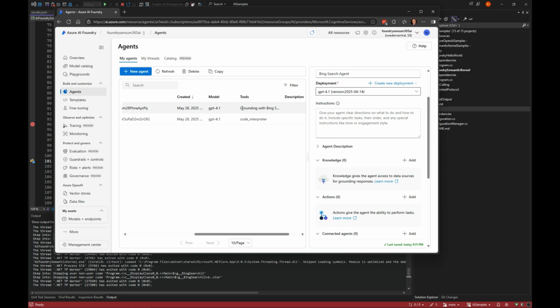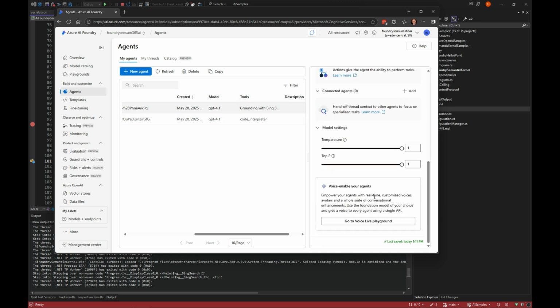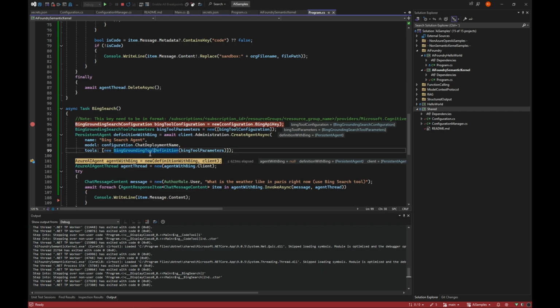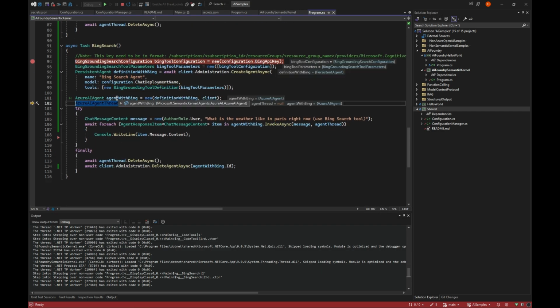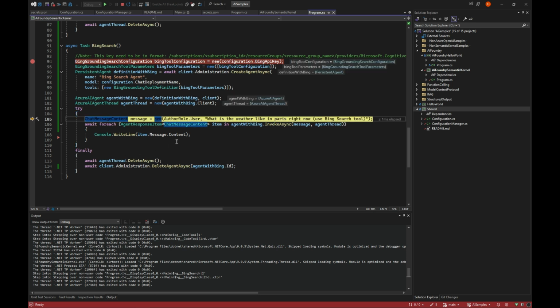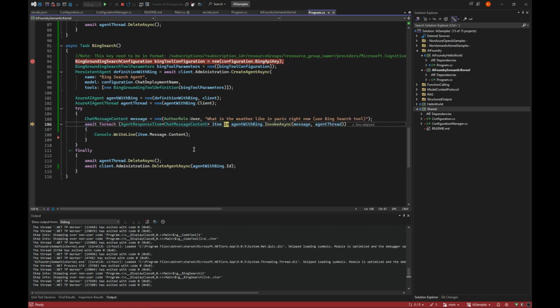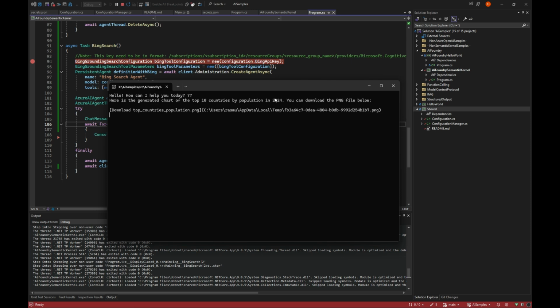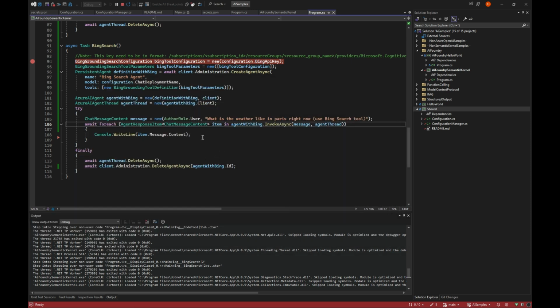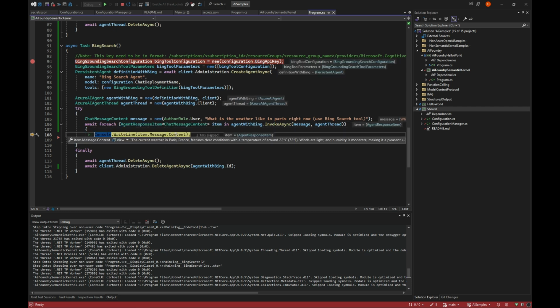But if we make one, just have the tool, no matter if we can see it over here or not, it will actually work. So if we have our special agent with Bing, and we go in and ask what is the weather in Paris right now, using the Bing tool, we don't get our exception, but instead get back that the current weather in Paris features clear condition around 22 degrees, winds light, and so on and so forth.